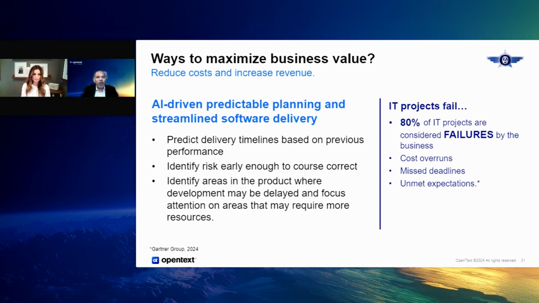Based on the previous performance, it can identify what the delivery timeline would be. And if there is slippage, it can identify the risk early enough to say you need additional resources on these areas, where you want to make sure there is enough test coverage or enough resources to handle those. So this predictable planning will help to streamline your software delivery, but also make sure you deliver on time to